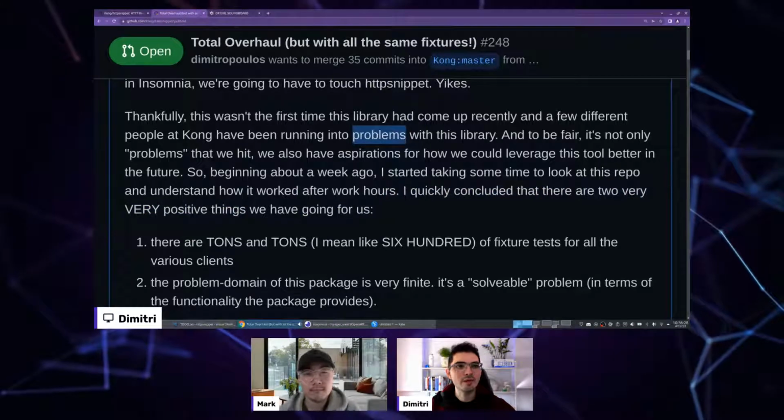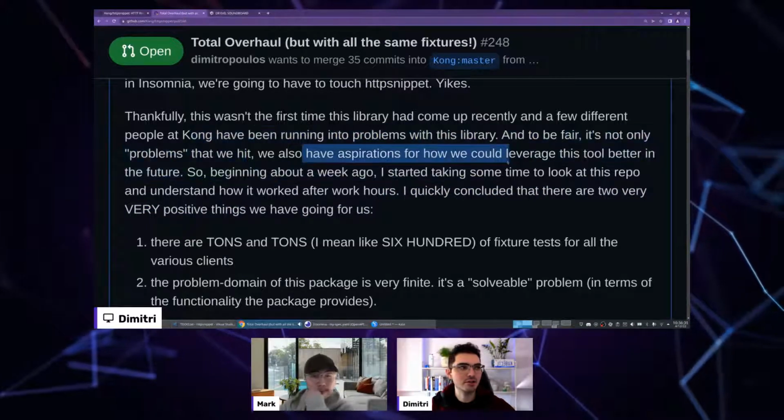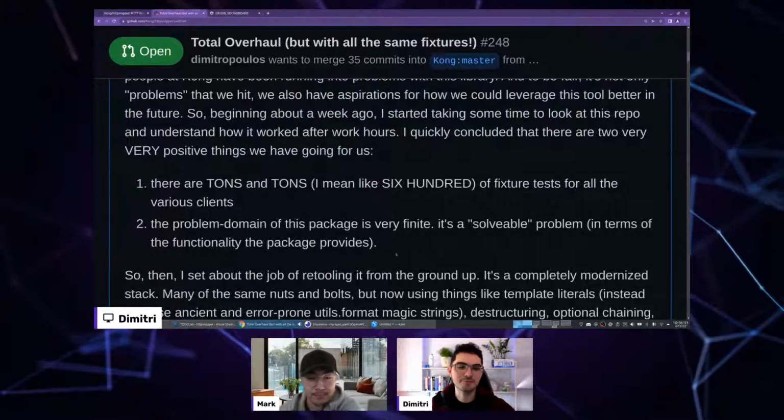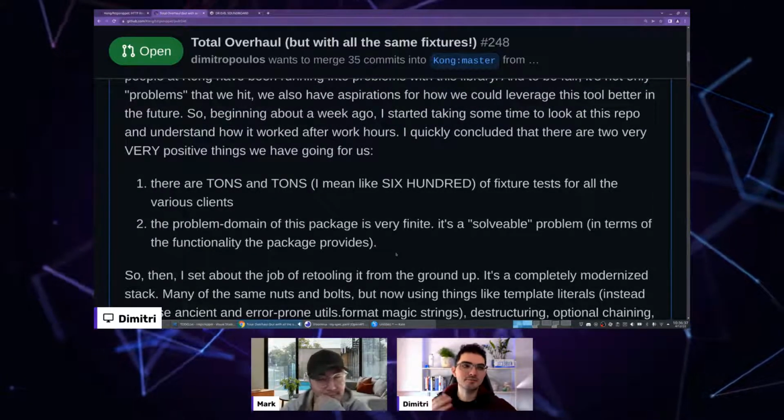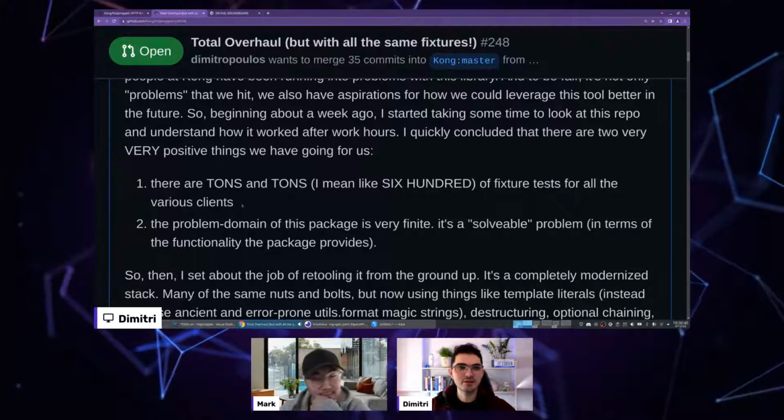So, although we also have problems with it, we also have aspirations for how we can make it better going forward. Okay, that's great. So then there are some considerations. The first consideration is that as it stood,